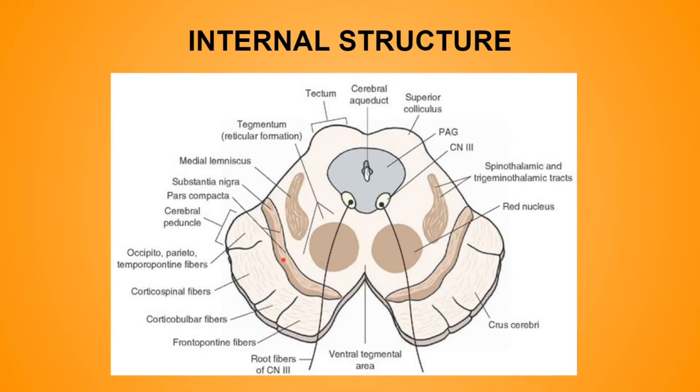Now substantia nigra is basically made up of deeply pigmented nerve cells which contain melanin and iron. These cells synthesize dopamine, which is carried through the axons to the corpus striatum. Very important, the degeneration or destruction of the substantia nigra causes deficiency of dopamine in the corpus striatum, leading to a clinical condition known as Parkinsonism.